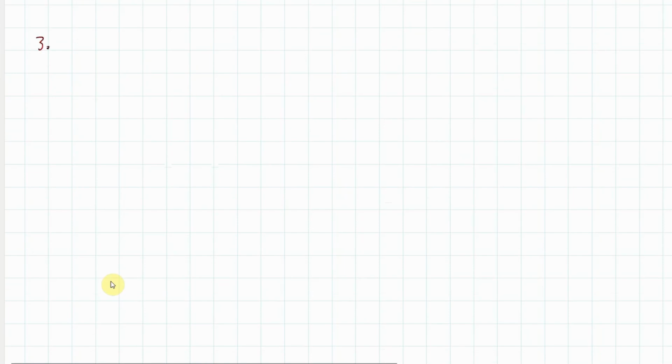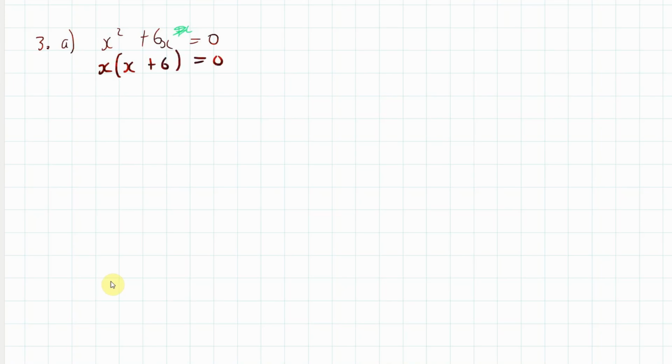So in part 3, we've got ones like this here. So we've got x squared plus 6x is equal to 0. Now with these ones, you'll notice you don't have that plus c at the end, you know, some other number, variable, constant, sorry. So what we do is we just simply factorize like that. Okay, now when we factorize like that, we can see that x could equal to this one